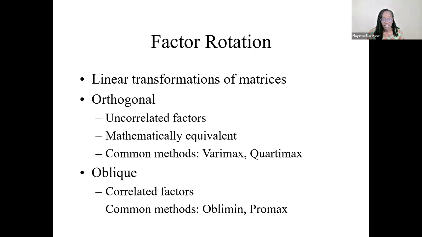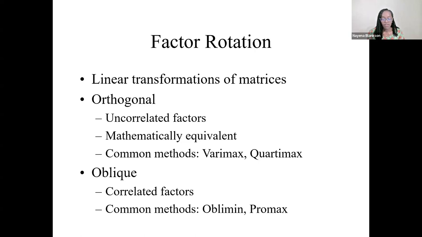The specific criteria are what differentiate the different rotation methods. Ideally, the rotations are conducted in a way to arrive at a solution that has a small number of non-zero loadings. And there are 2 overall types of rotation that researchers can choose to use: orthogonal rotations and oblique